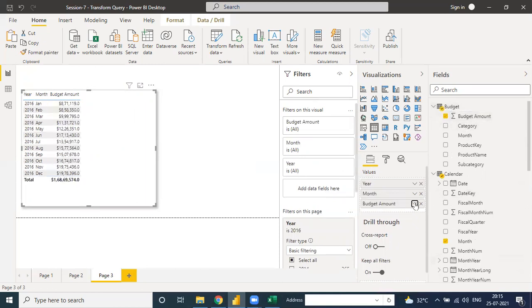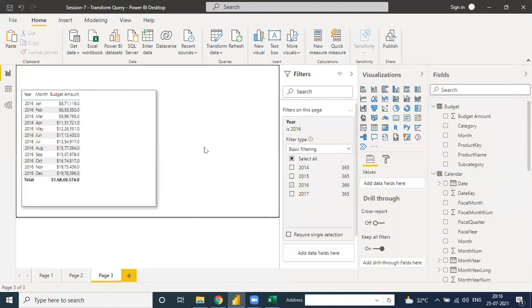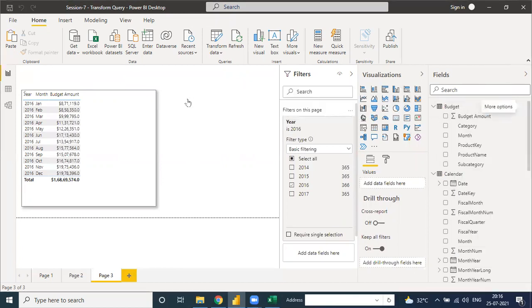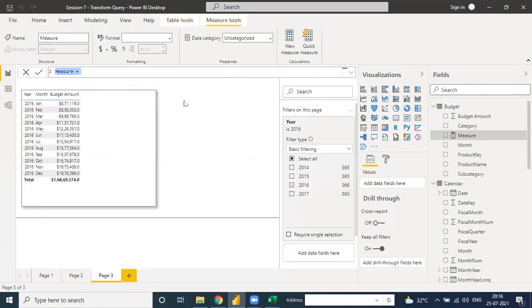See, here budget amount is an implicit measure. Sum, average, minimum, maximum, it is an implicit value. Right now we have created the same formula for the budget file. You need to just create a new measure, and it's called a DAX measure, and what is DAX? Data analytic expression.